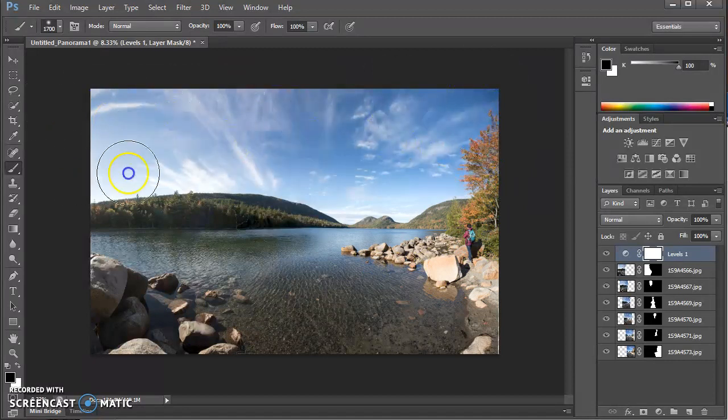So I still like to have a lot of that blue in the sky, but I want to brighten up just where the trees were. So there you can see I've been able to accomplish brightening up the trees. So you'd want to look at your entire artwork and see if that needs to happen in certain areas. But other than that, you can File, Save As, turn it in as a JPEG,